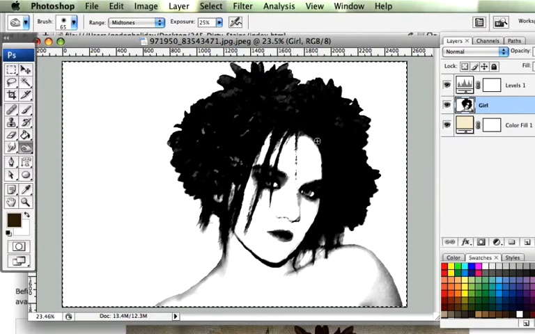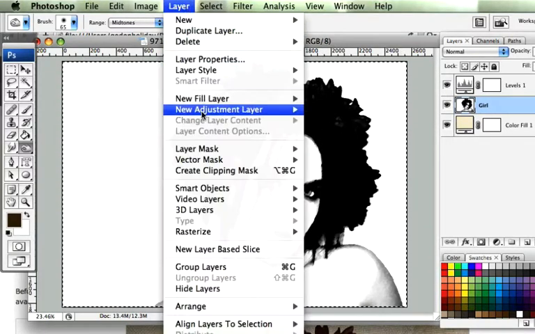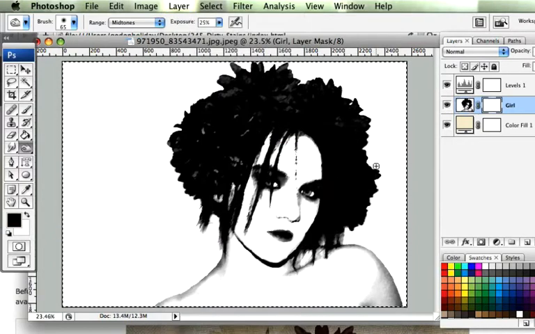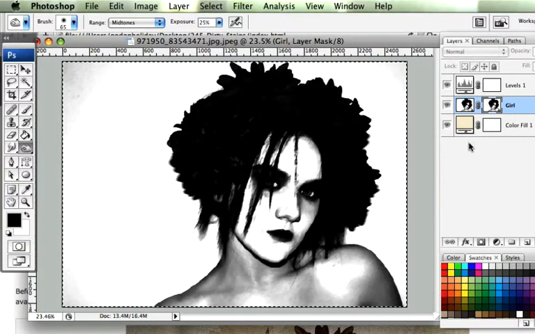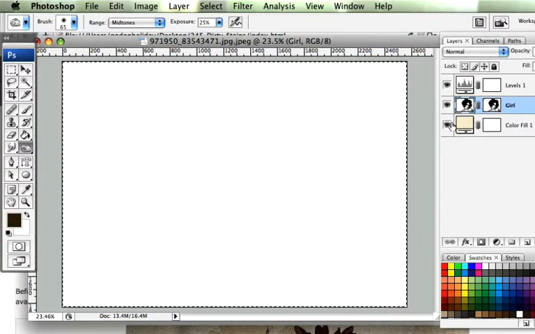copy it, Command C, and then what we're going to do is we're going to go up to a new layer mask, and we're going to reveal all. Okay, we're going to Alt click inside the layer mask, and then Command V or Control V to paste it inside there. Okay, and then what we can do is just click back on our girl layer, like so,